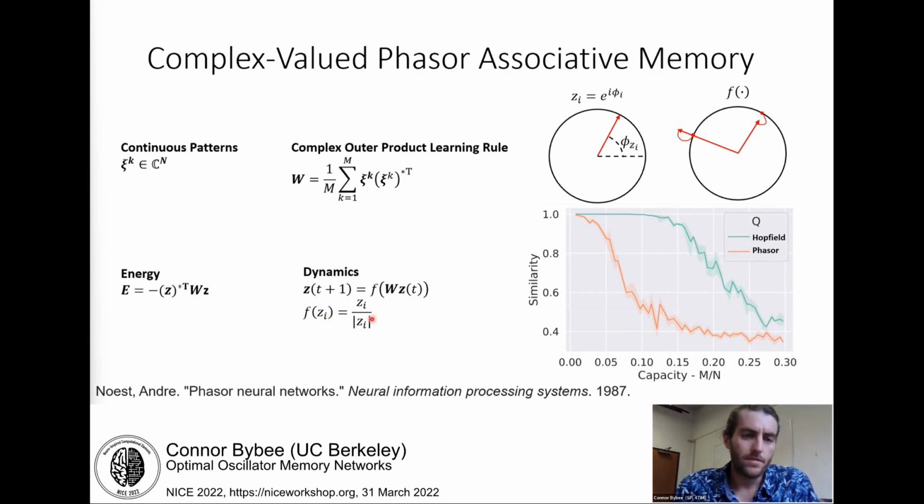The dynamics are similar, again, but the activation function now projects the complex values onto the unit circle, preserving phase information. The two figures here on the right show this, and how that z_i can be represented as a complex exponential with unit magnitude and a phase variable psi. The figure in the bottom right compares the pattern capacity of continuous phasor associative memories to Hopfield networks. We see for Hopfield networks, we can recover a well-known capacity close to 0.14, or 0.139, patterns per neuron, but the continuous valued phasor network does not achieve nearly such a capacity.